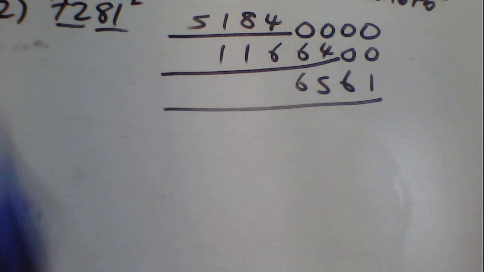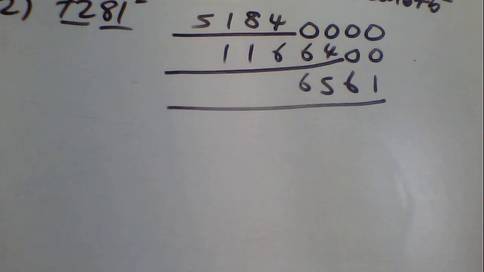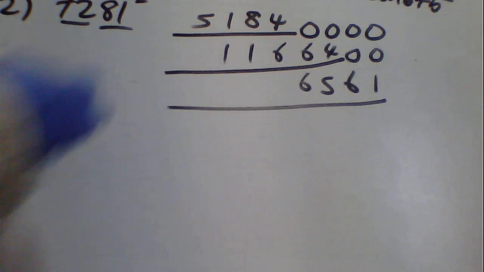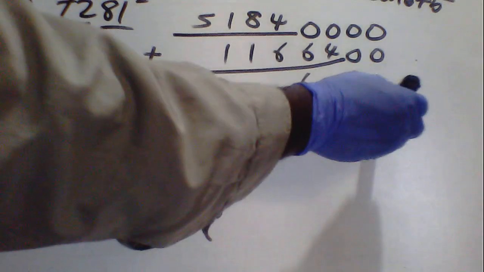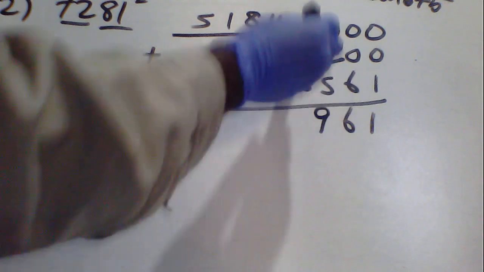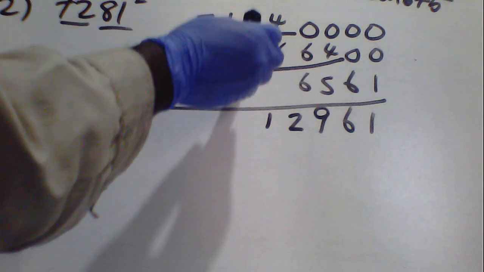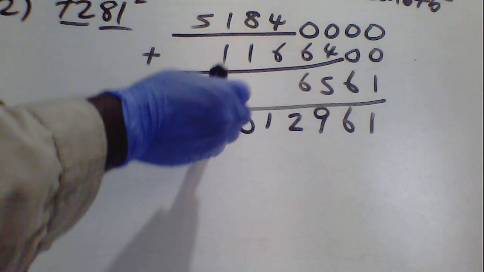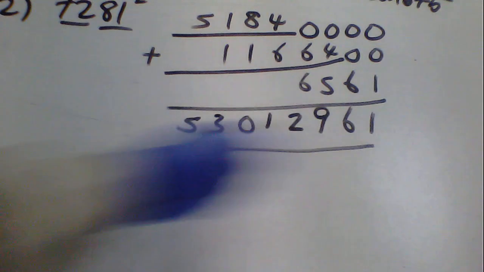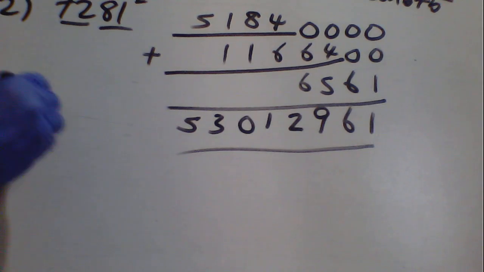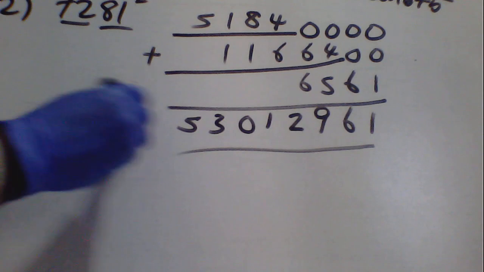Sum up your results. So in this case, we have 001 will give us 1. 006 will give us 6. 45 will give us 9. 66 will give us 12, carry 1. 10 plus 1, 11. 9 plus 1, 10. Have 0, carry 1. 1 plus 1, 3. So that is it. In that case, 7281 squared is equal to